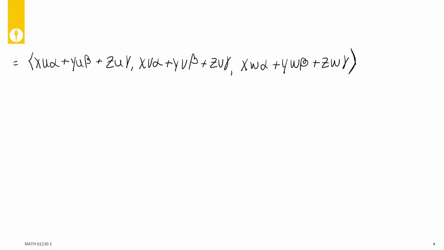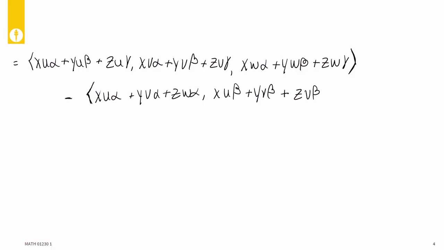There's the first vector. Minus, now take all of those negative components. ZW. Then XU gamma plus